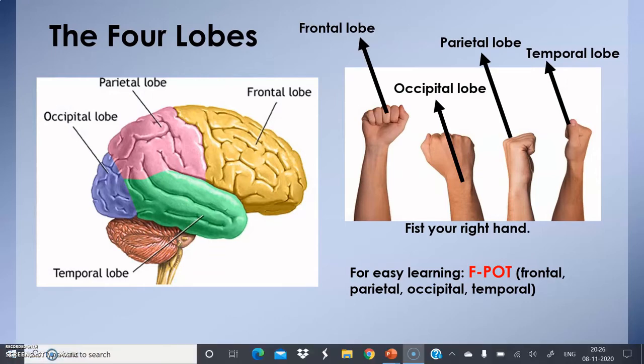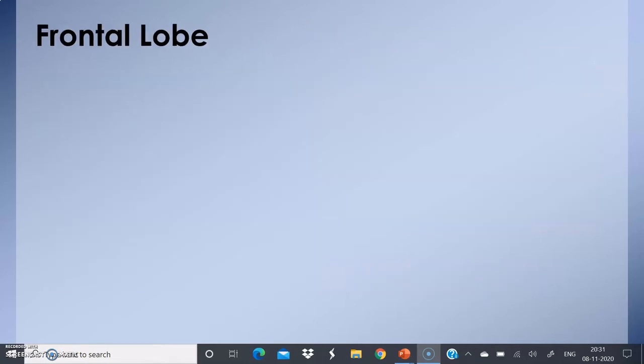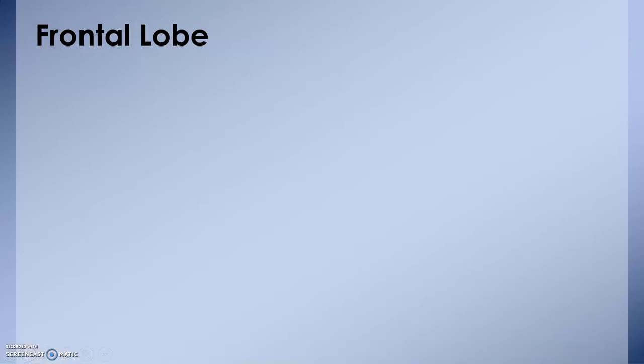Now, each lobe is associated with particular sensory and motor functions, thought, memory, language, and so on. We will be breaking it all down for you. Let's begin with the frontal lobe. Frontal lobes are considered our emotional control center and home to our personality. As the name suggests, frontal lobes are at the front of the brain. Now, this is a quick overview of our frontal lobe,